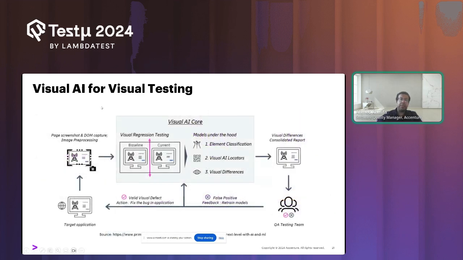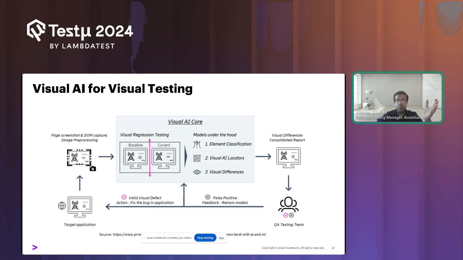So this visual AI mainly takes the baseline of your application and does an element classification. So it does like, okay, this is the button, this is the drop-down menu, these are lists and everything. So it does this element classification, and then uses the locators to check these visual differences. So this makes visual AI very good in terms of results.